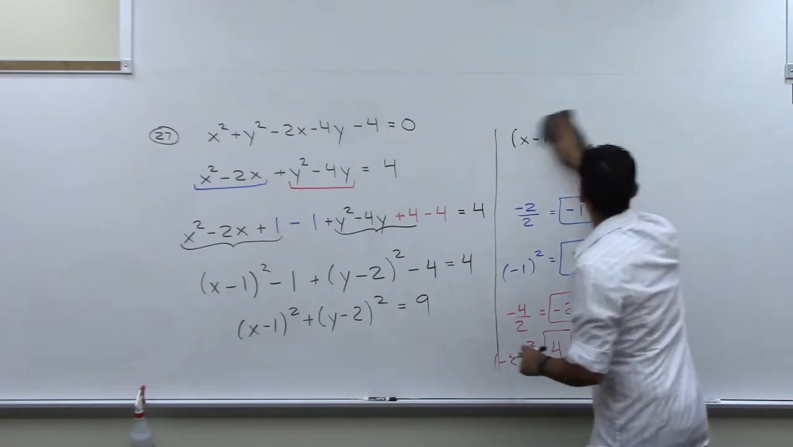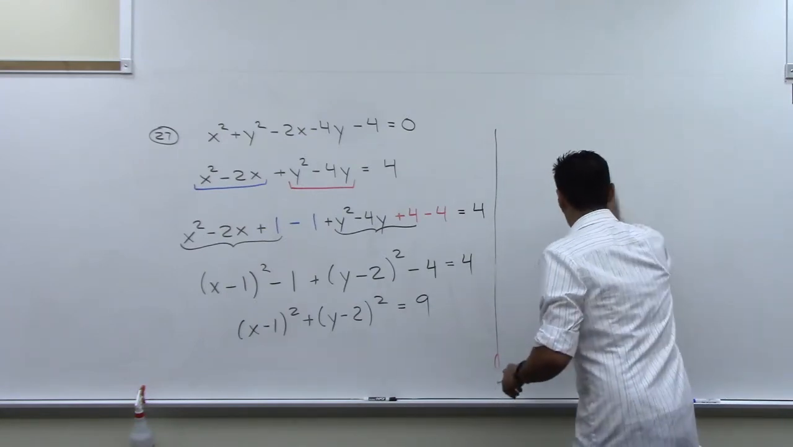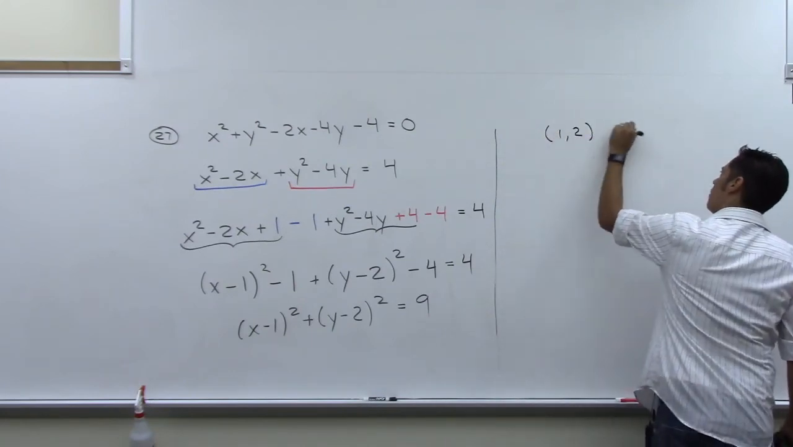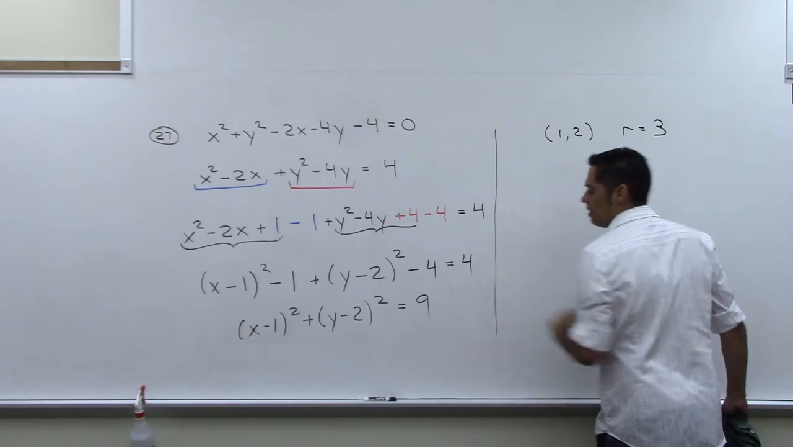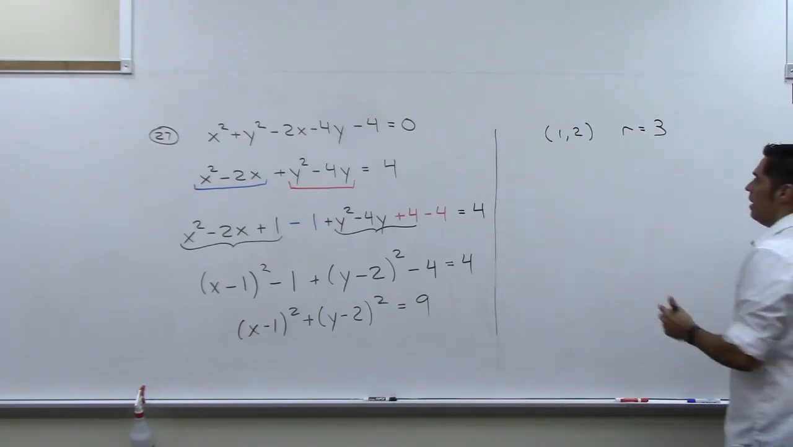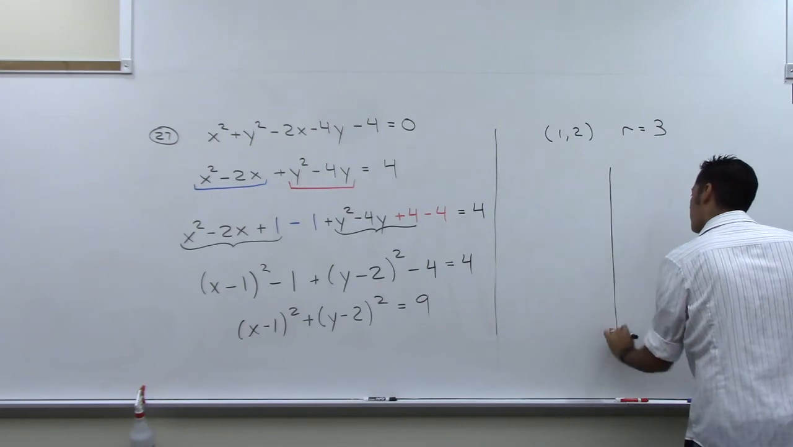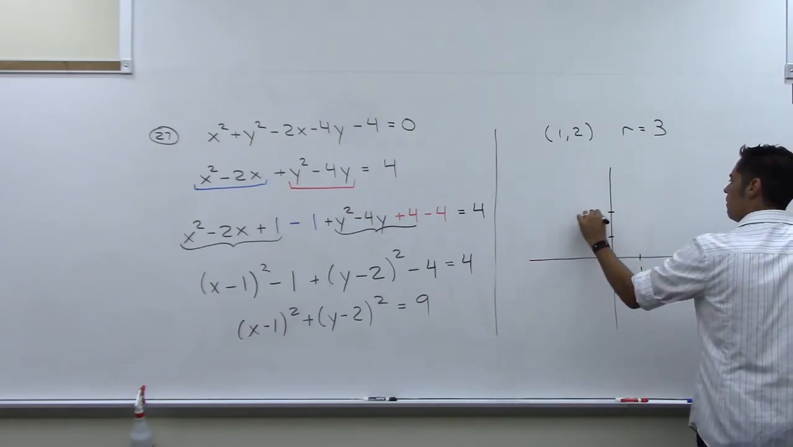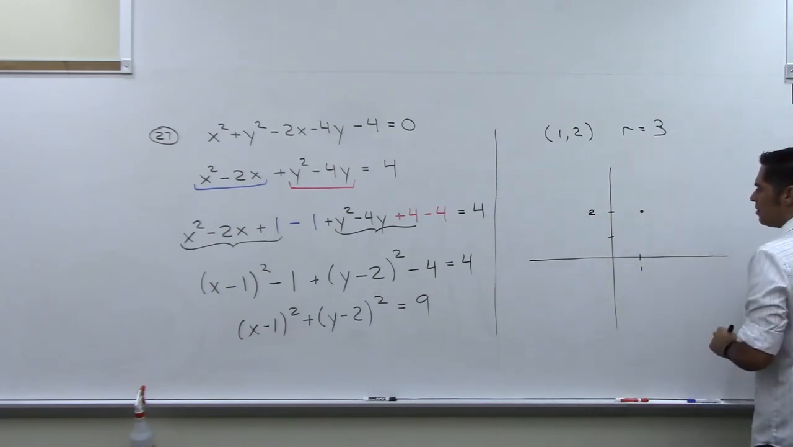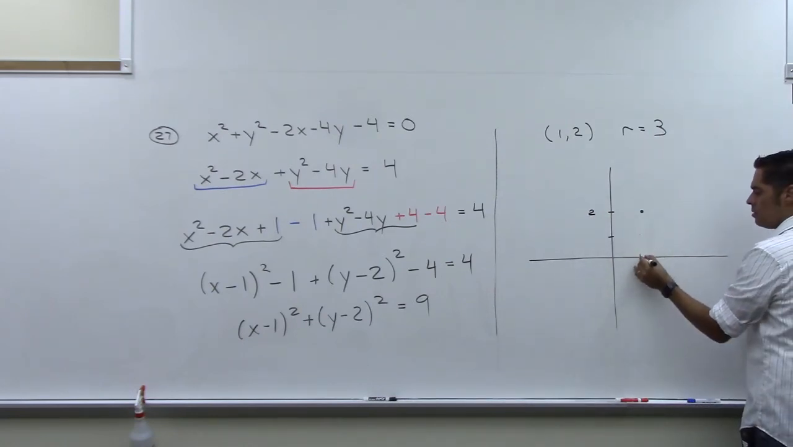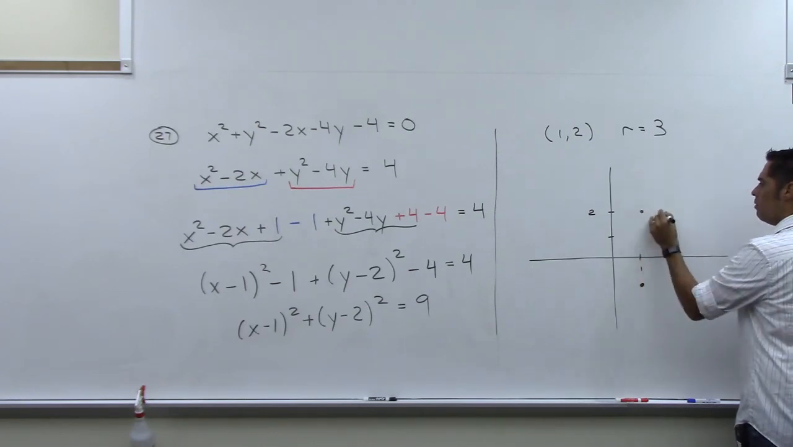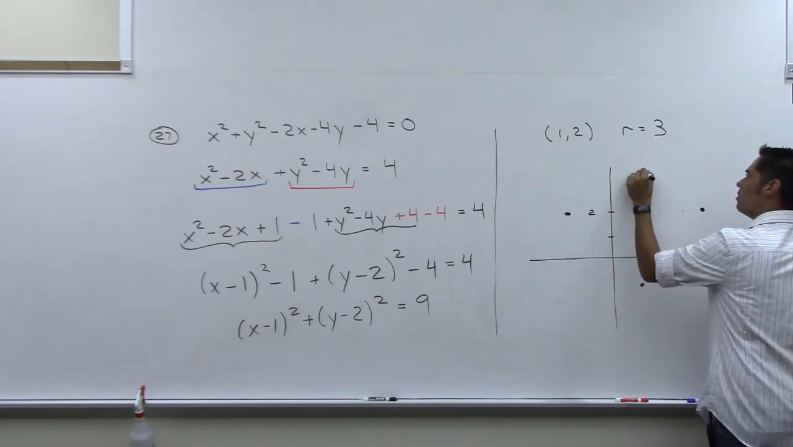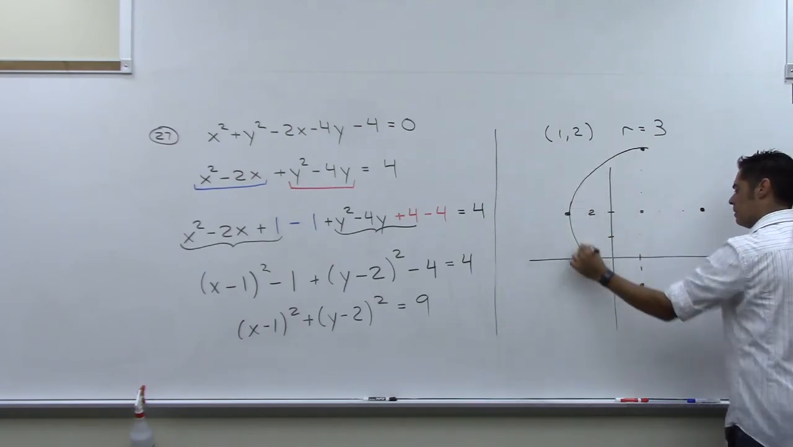I can see from this standard form that my center is the point 1, 2, and my radius is 3, because 9 is 3 squared. And now I'm going to draw it. I'm out 1, up 2. There's my center. My radius is 3, so I would go 1, 2, 3 here, 1, 2, 3 here, 1, 2, 3 here, and then 1, 2, 3 there. So it goes like this,